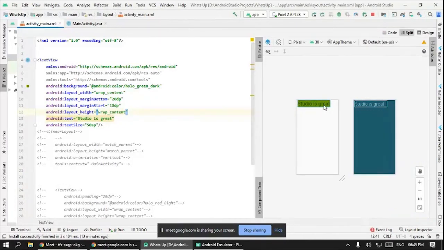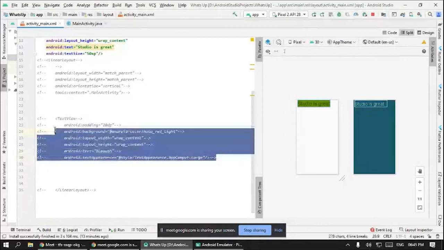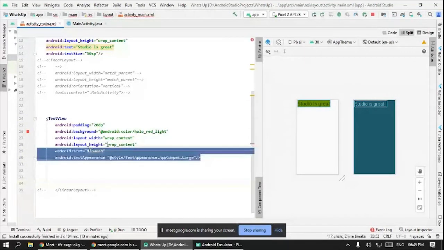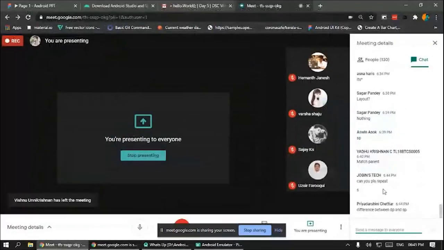My parent is having a child, Studio is great. And what if my parent wants to have another child, like blah, as I said? It is showing an error, right? It is showing multiple root tag because your phone can only have one child.